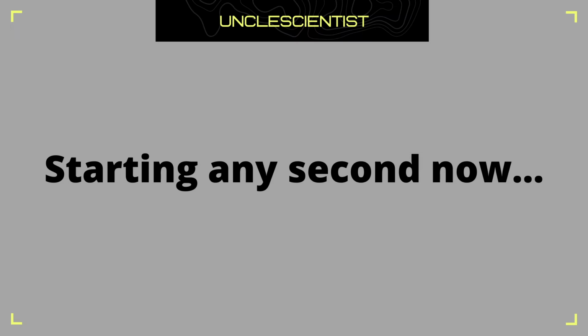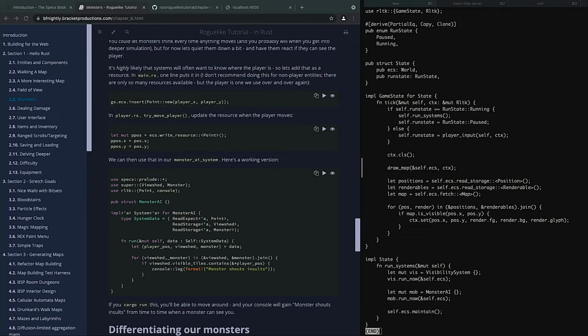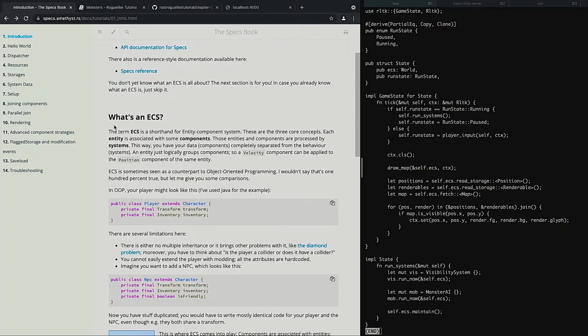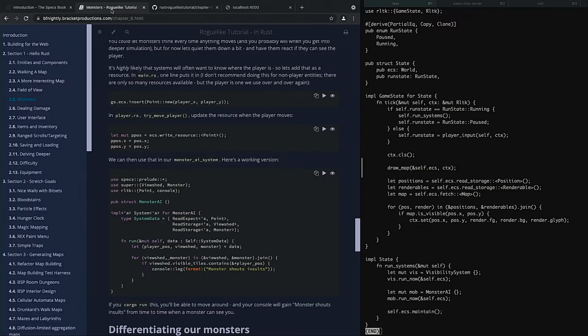Okay, and we're live. Welcome back to my attempt to learn how to make a roguelike in Rust by using this roguelike tutorial called Roguelike Tutorial, appropriately enough. And it uses something called specs, which I haven't quite learned yet. We're using it, but we don't know the details behind it or how it works,